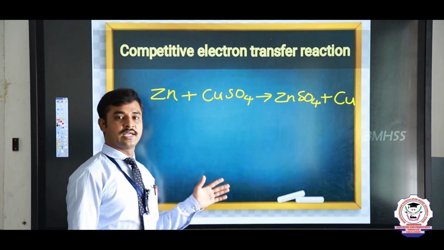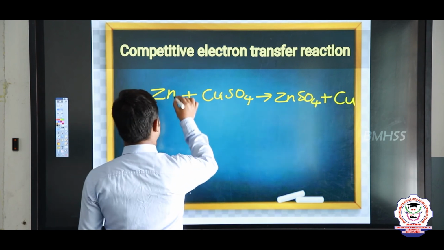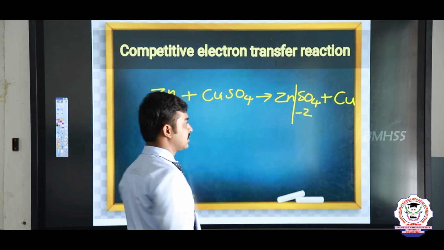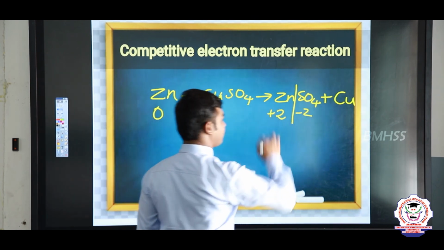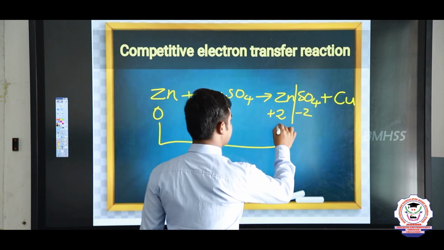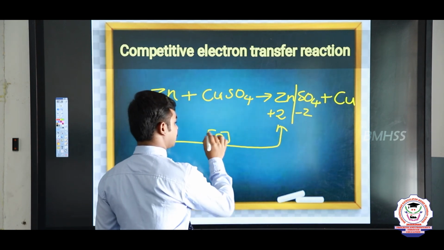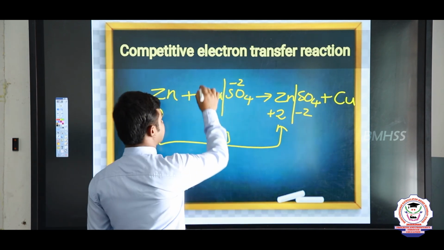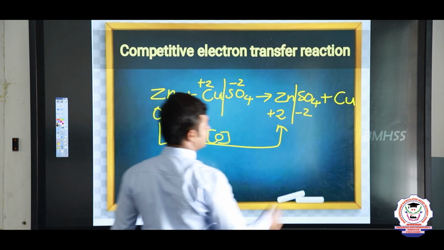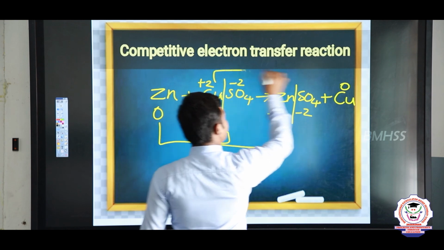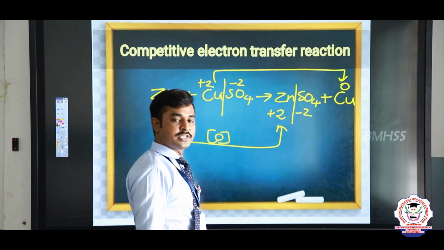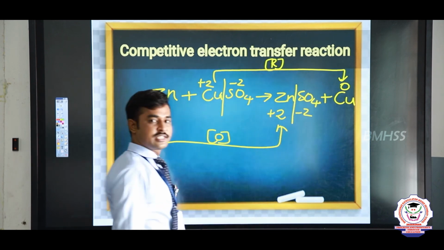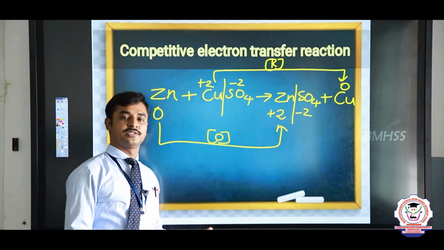This is the competitive electron transfer reaction, in which you can find the zinc oxidation state 0, and here in the product sulfate has -2, zinc has opposite sign with equal number, +2 charge. So, the oxidation state of zinc is increased. So, this is the oxidation reaction. And see, copper sulfate has -2 charge from sulfate, and the copper has equal number with opposite sign, +2. Here copper has 0 charge. So, the oxidation number of copper is decreased from +2 to 0. So, this is the reduction reaction. So, both oxidation and reduction take place, and the competitive tendency of elements.